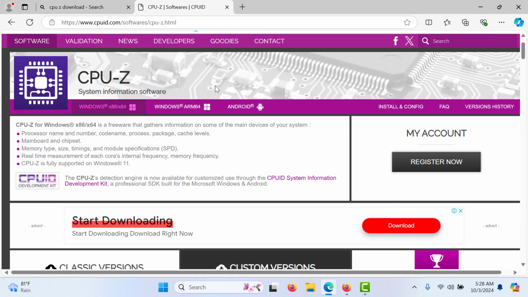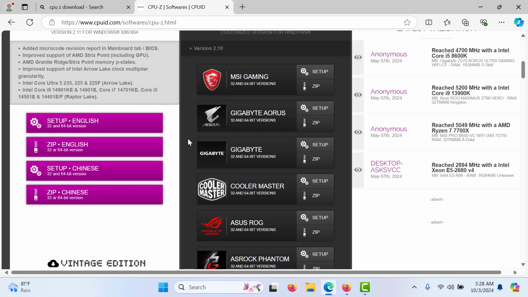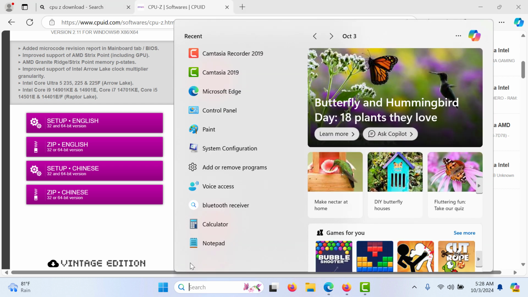Then you have to scroll down a little bit, and you will be able to see the setup English version here. There's the 32 and 64-bit version. If you're using a computer that is made after, like, 2000 or 2010s, you will most likely have the 64-bit version, but even then, if you want to check if you have 32-bit or 64-bit, you can actually